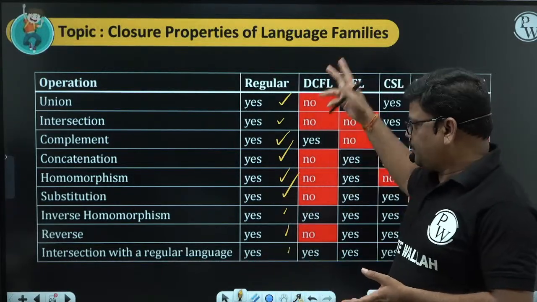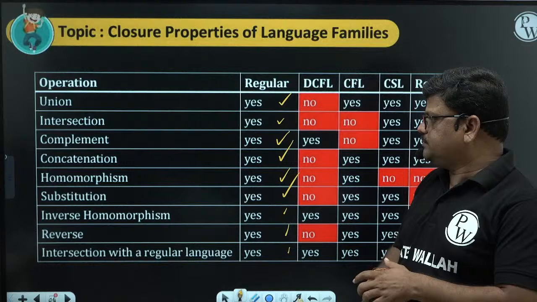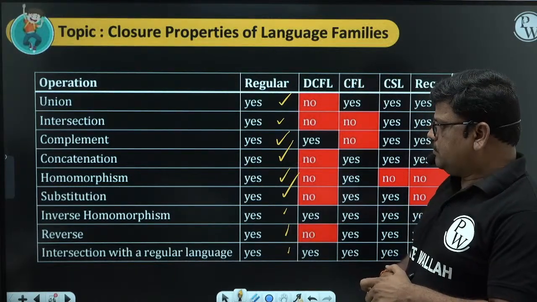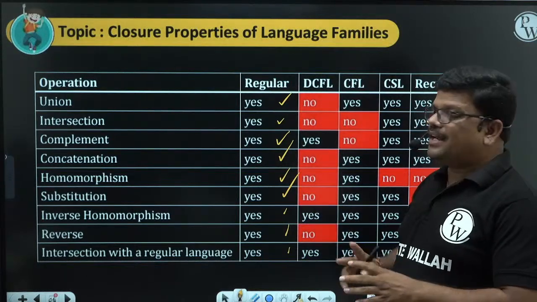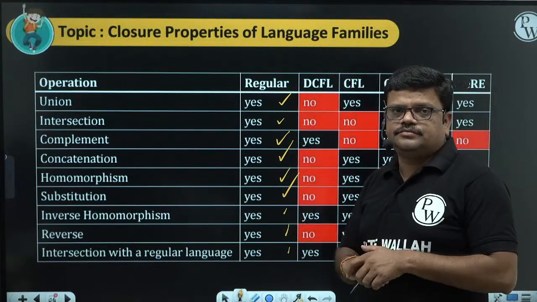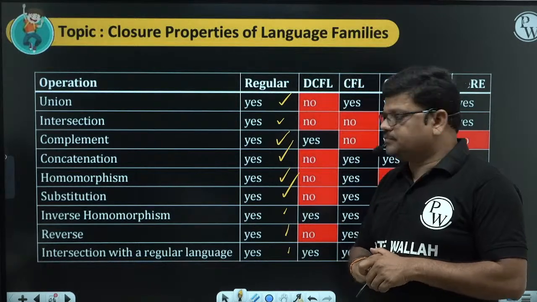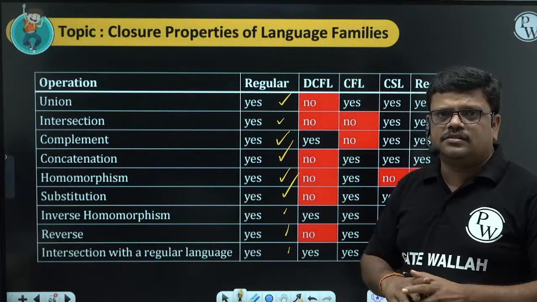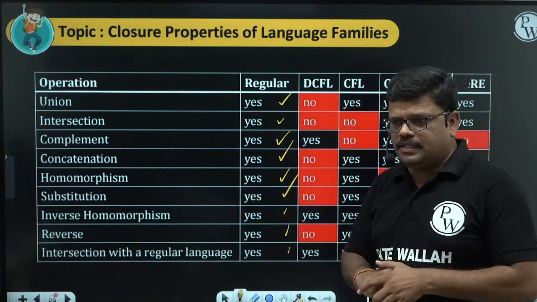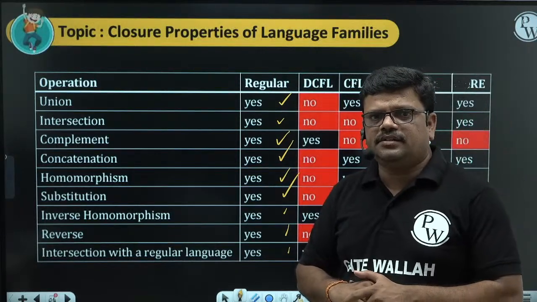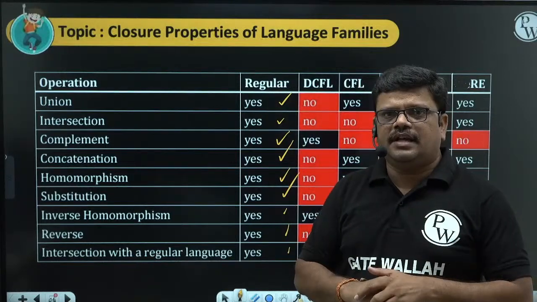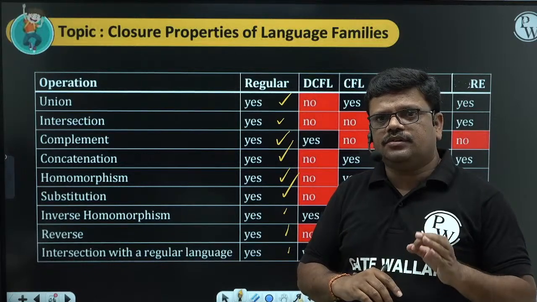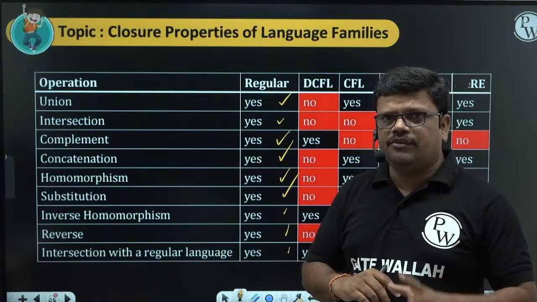The board will not support more than this. There are so many other operations we can include here: substitution, homomorphism, inverse homomorphism, reversal. You can include the difference operation, and complement is also included. Like this, we have many other operations, and we can include the subset operation. You study all the operations language by language and make a chart like this. Prepare one chart. Based on this, we get beautiful questions every time in the GATE paper.